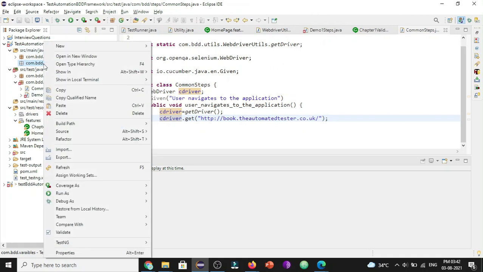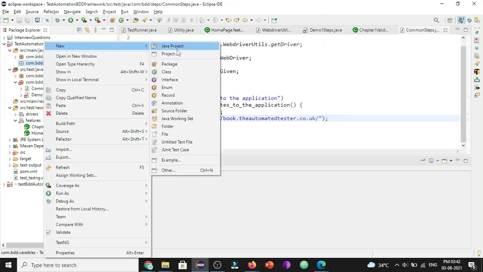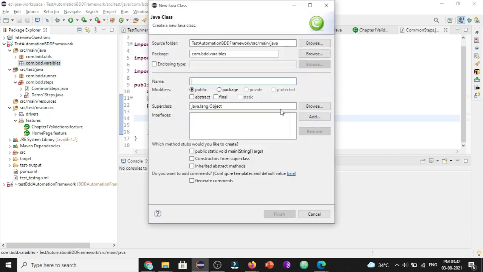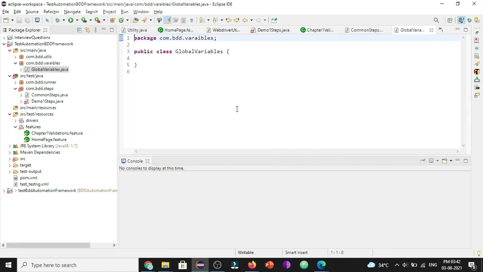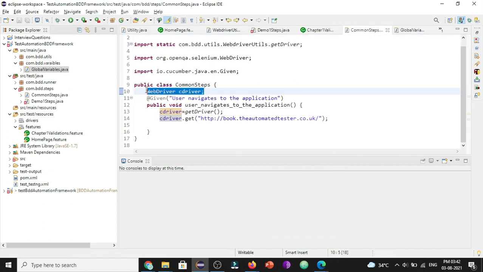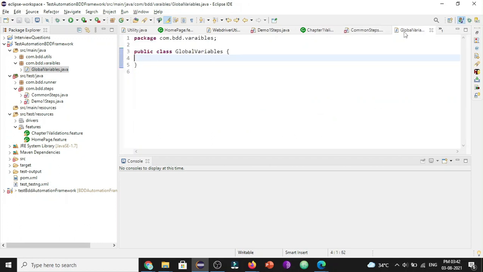Here, we are going to create a new Java file and name it global variables. Click on finish. So we got the Java file created, and let's move this WebDriver variable from the common steps file to global variables.